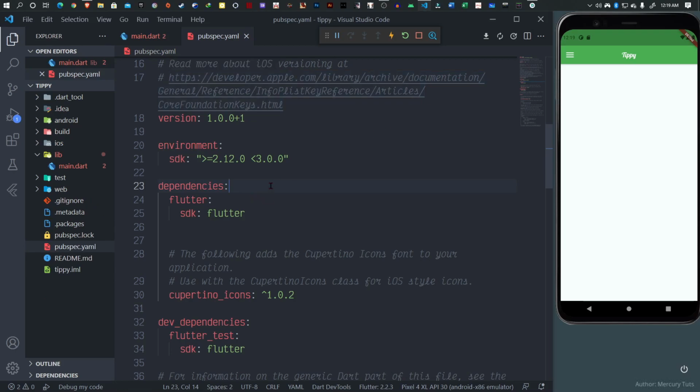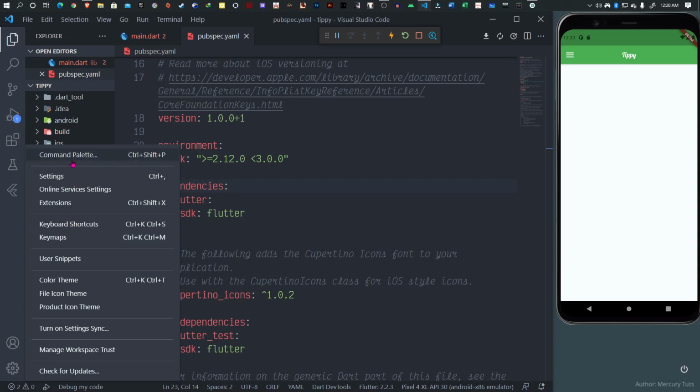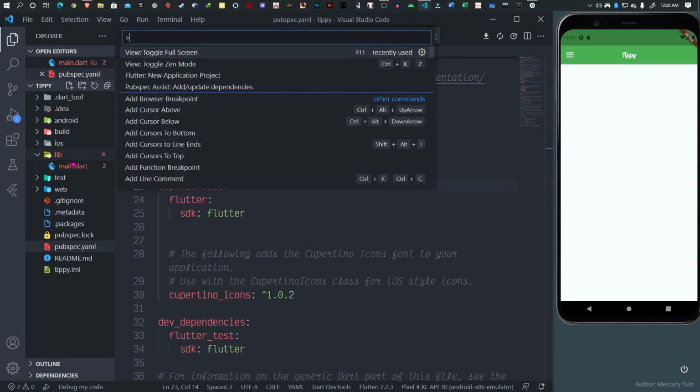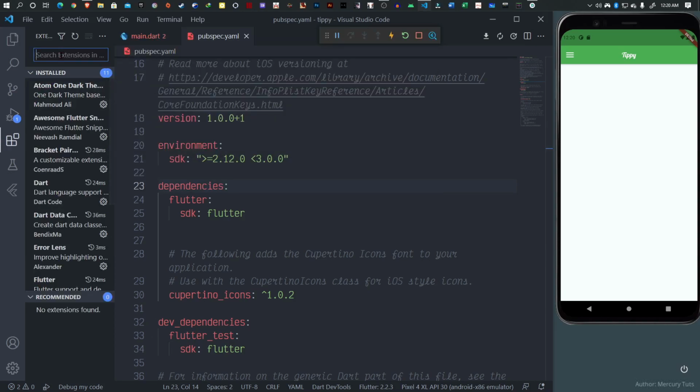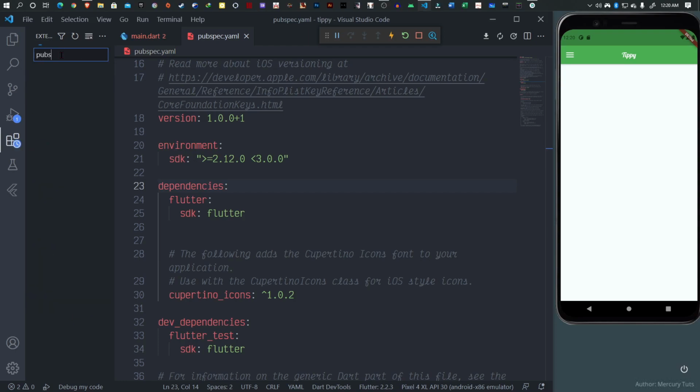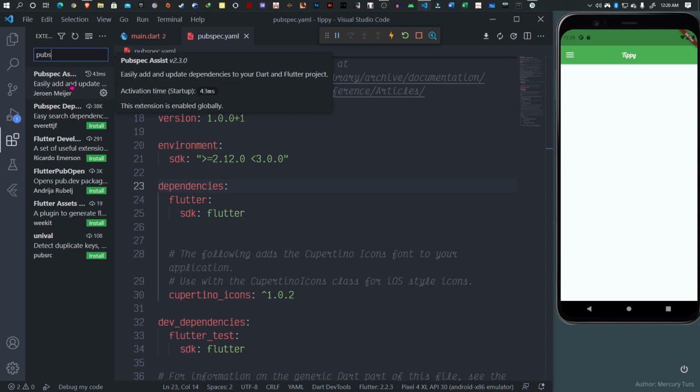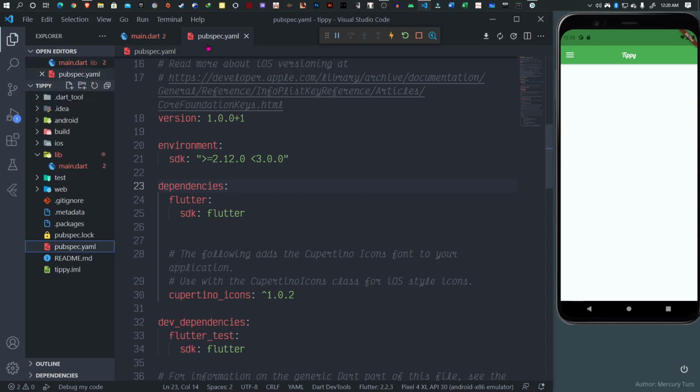If we open up our command palette by pressing Ctrl+Shift+P or clicking on this gear and then command palette, we can look for pubspec assist. So right here, if you are not seeing it within here, just search pubspec assist. Make sure you've installed this extension though. Make sure you come here and then you search for pubspec, and then you should find it and then install. As you can see, I have it installed. So back to our